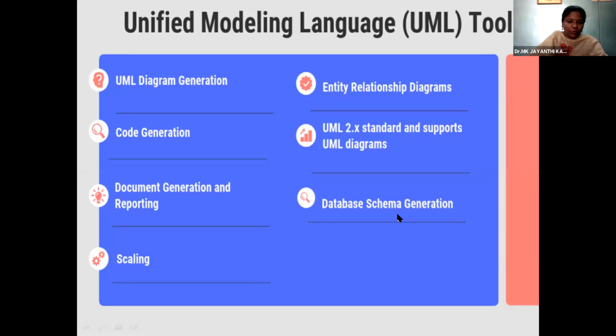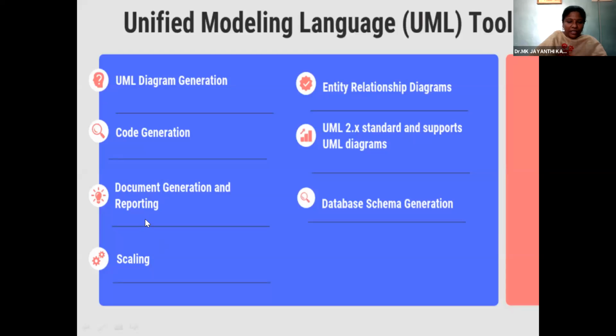We have so many open source software tools that can be used to represent the UML diagrams. By using those tools, what can we do? We can draw the UML diagrams. After drawing the diagram, you can generate the corresponding code also. That will create the corresponding code in C++, Java, or Python. Even in StarUML, you can create the corresponding code. Once you design the diagram, then you can generate the code.